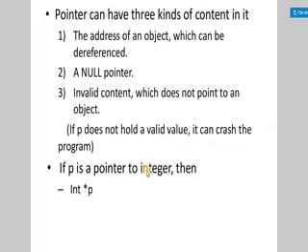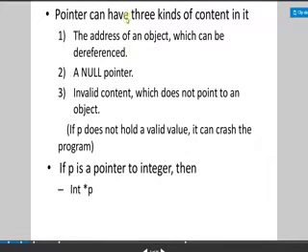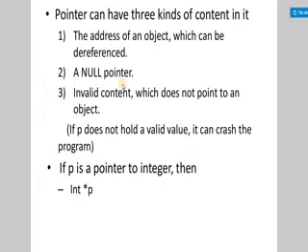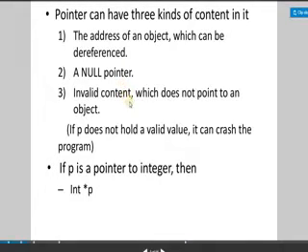So the pointers can have three kinds of content in them. The first kind of content is the address of an object, that we are discussing right now. A null pointer, that is 0. If we declare a pointer as null, then the default value in the null pointer will be 0. And some invalid content also may be there.